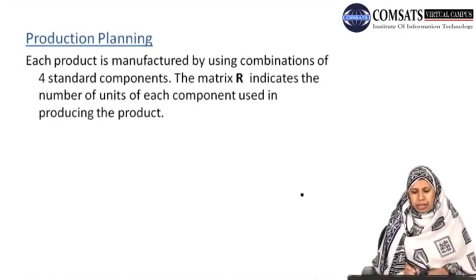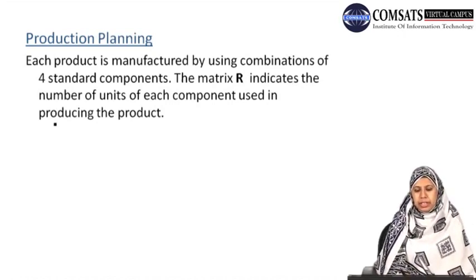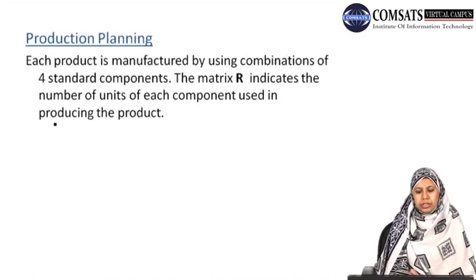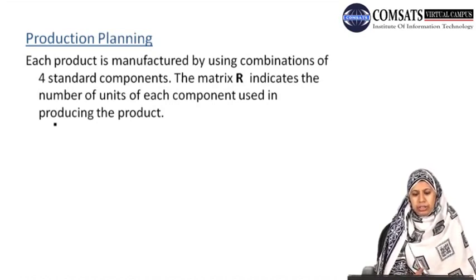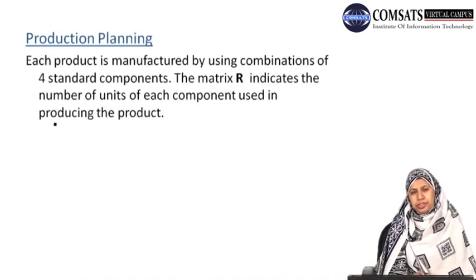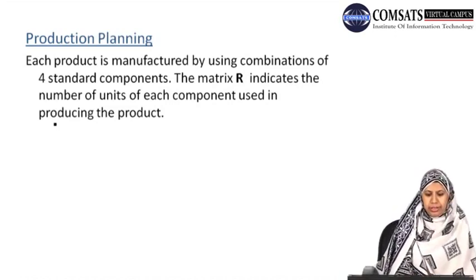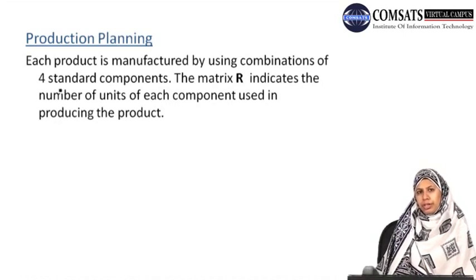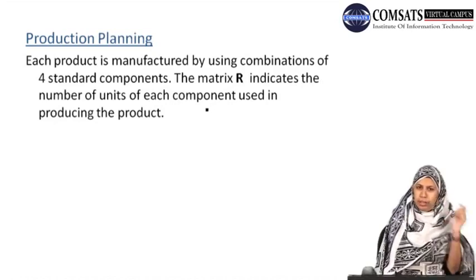For this type of data, we have a matrix R, which basically tells us the number of units of each component required to produce the respective product. That is, we have 5 products and 4 components are required to prepare each product. So our matrix R will be a matrix of order 5 by 4,